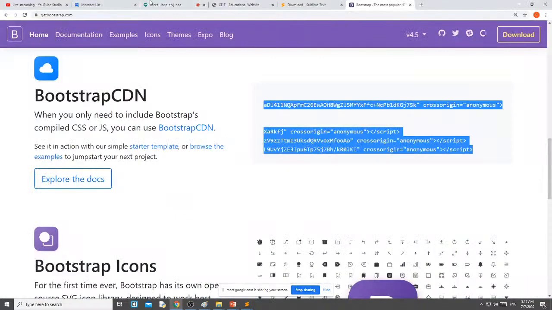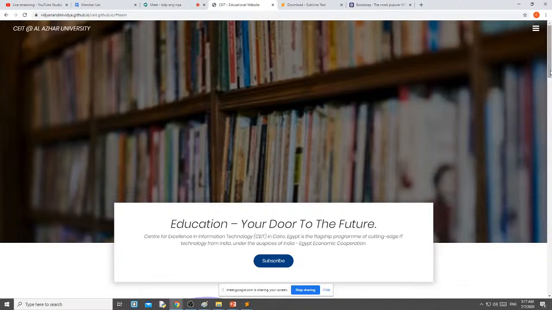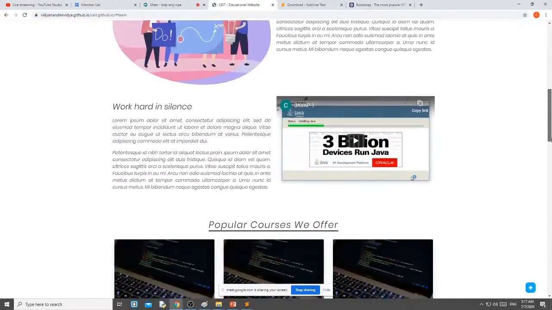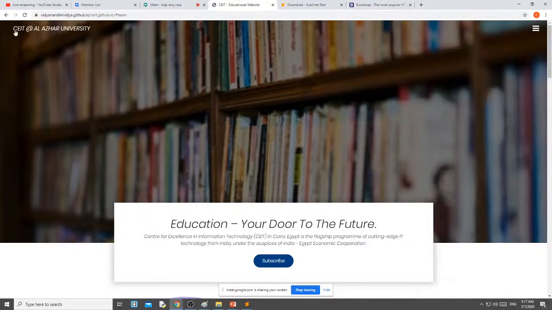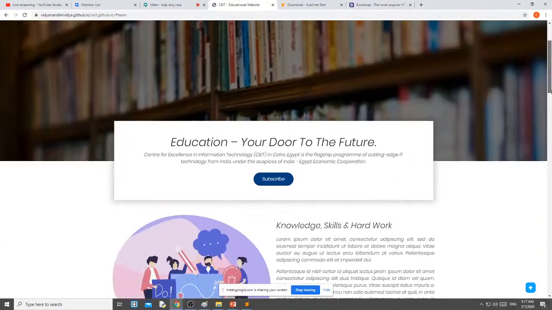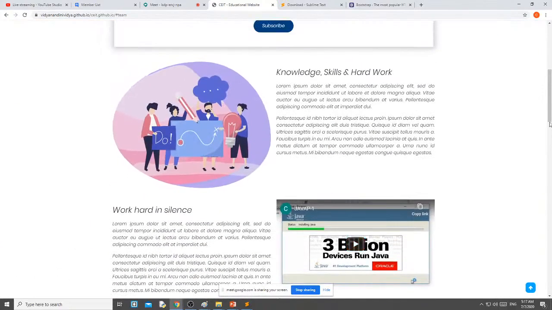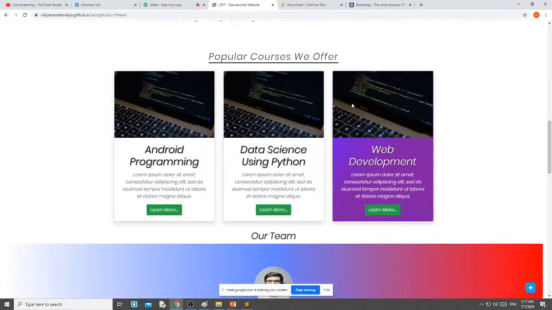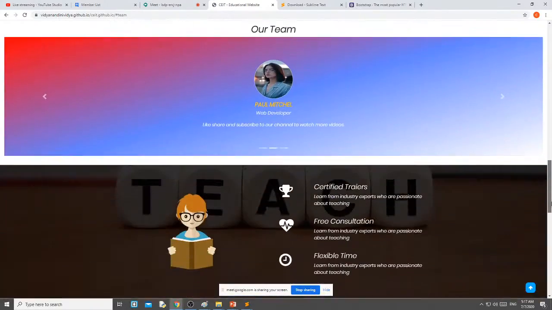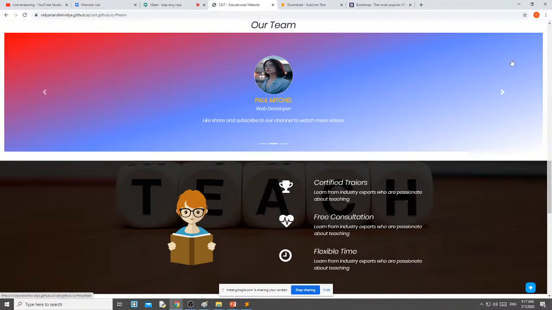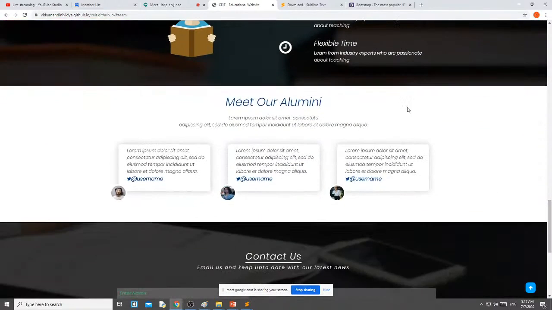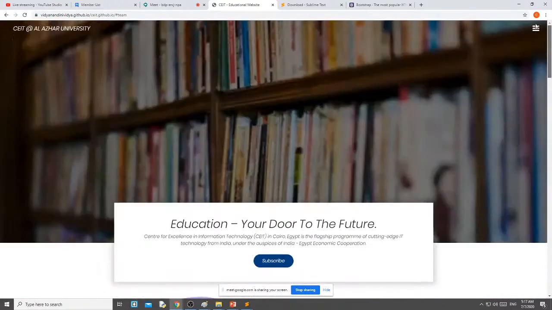What is a section? Whatever you are seeing here, each one is known as a section. This is the first section, this is the second section, this is the third section. It means I have divided my website into multiple sections. And my first section is this one.